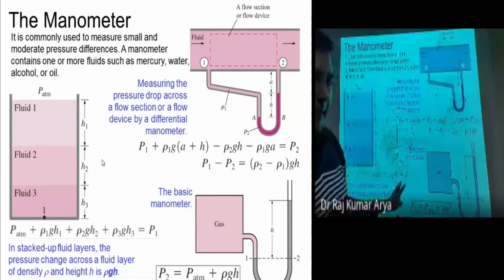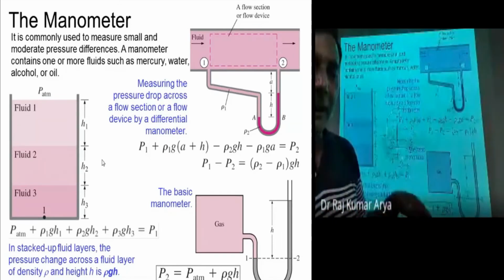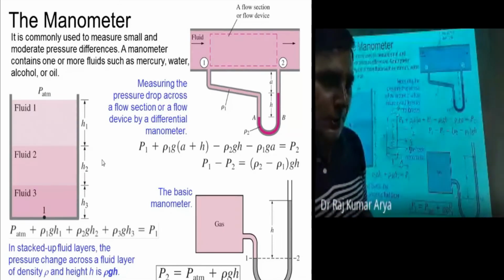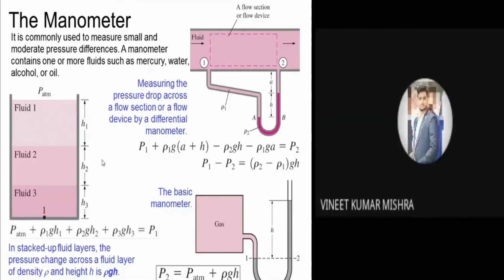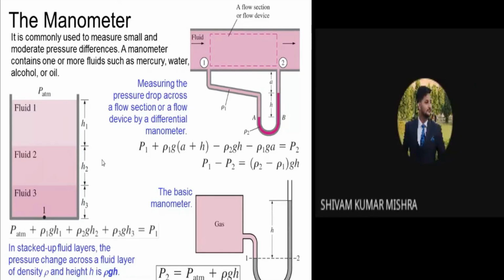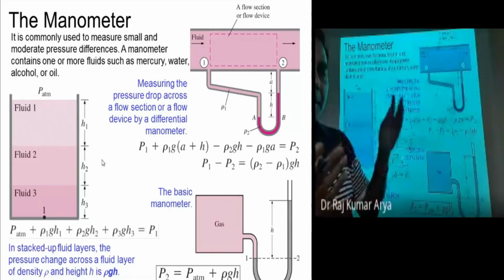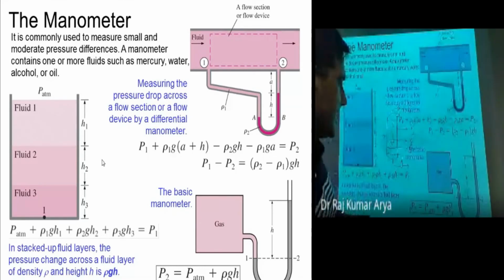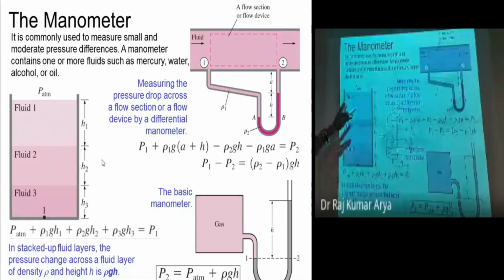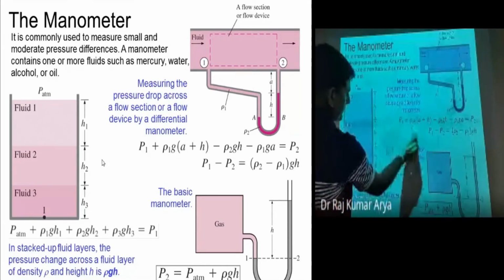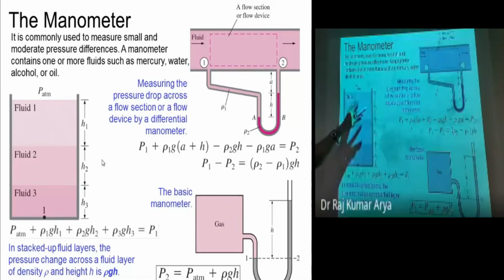So you want to design accordingly, because the same thickness of column cannot survive. Yes or no? Yes, sir. Because the fluids are changing and densities are changing, the pressure variation would also change. So you can see this particular figure: in this height you have fluid 1, in this height fluid 2, and in this height fluid 3.